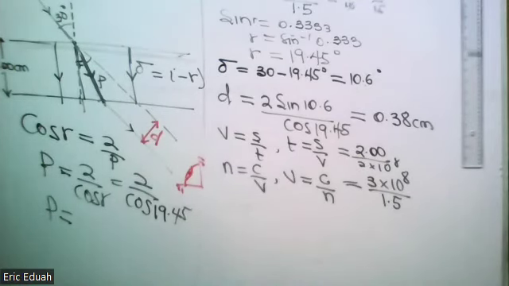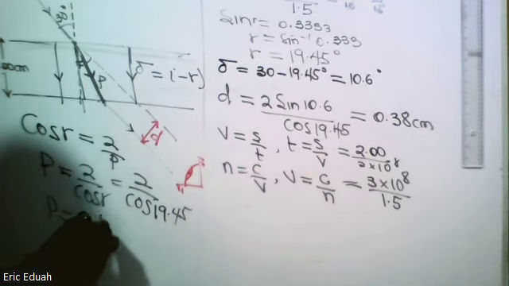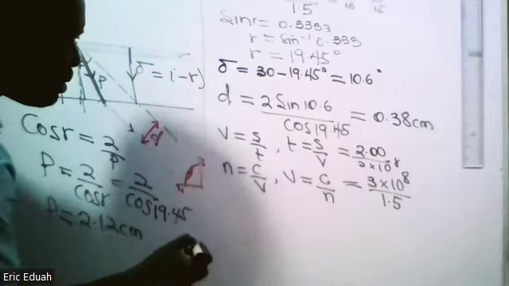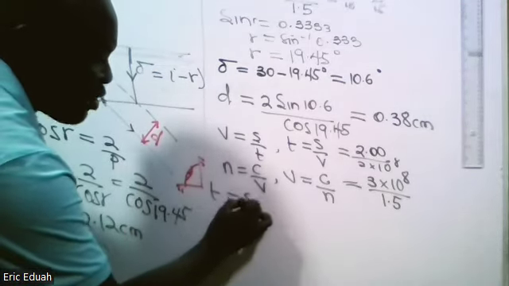Just what's the answer? 2 divided by cos 19.45. 2.12 centimeters. 2.12 centimeters. So that is the distance traveled by the light within the prism. Therefore, the time, which is S on V,